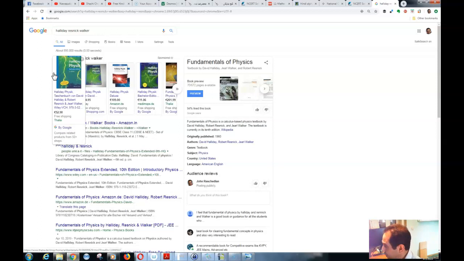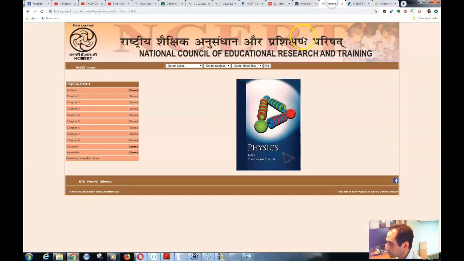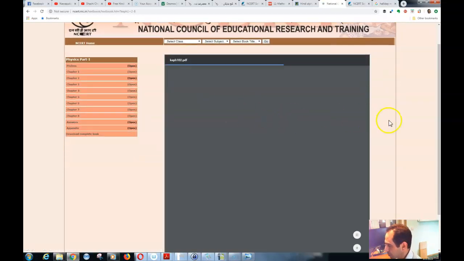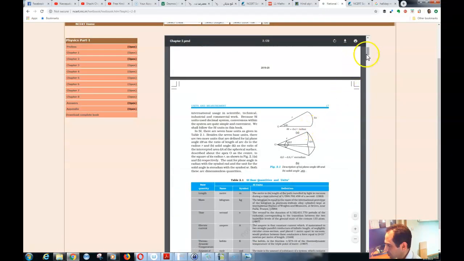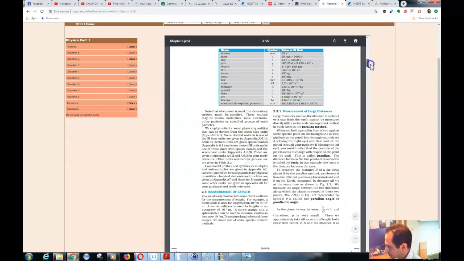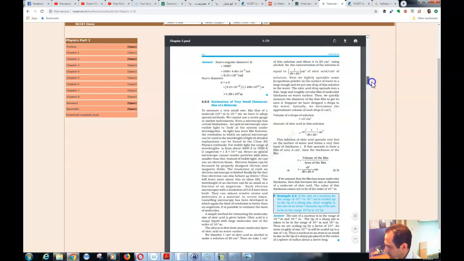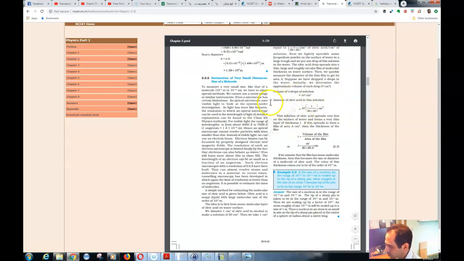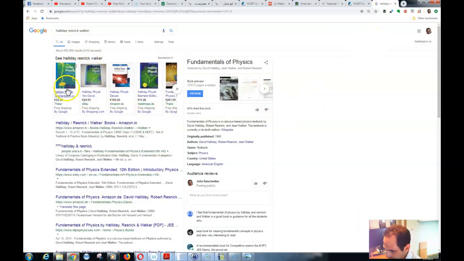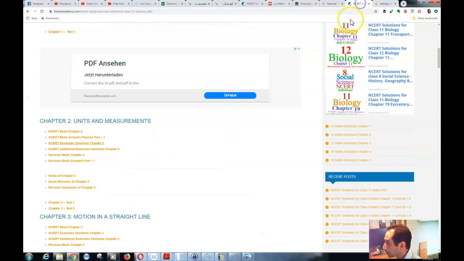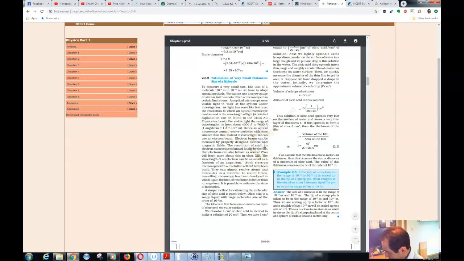Now, the book that we have here, this is chapter 2, seems to be not a very well written book. Well, at least compared to this other book, which has been there for at least 30 years, and it has been revised and revised over and over again. But believe me, these books, if you read them properly,